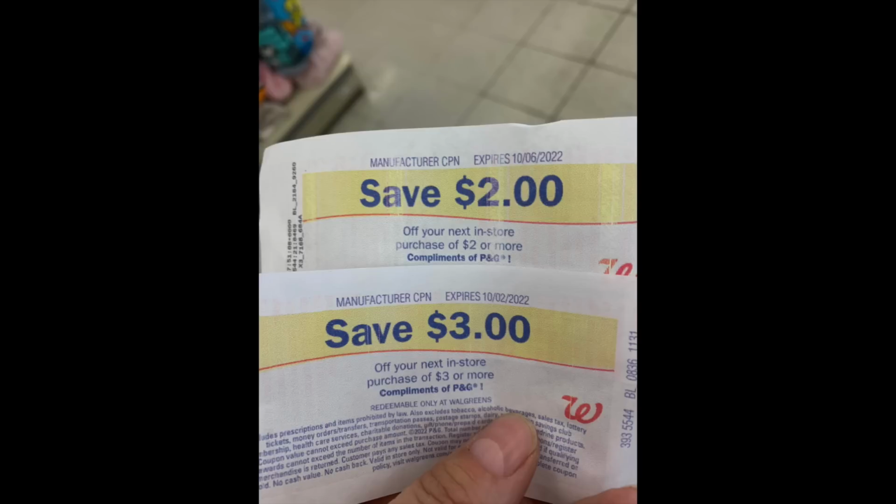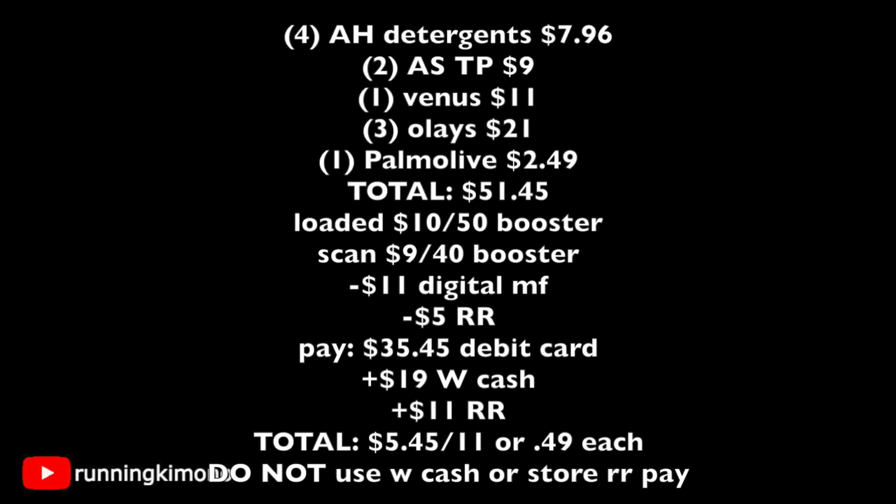Now, because this is a larger basket and I didn't want to pay so much out of pocket, I had 2 register rewards from last week. As the cashier scanned every single Arm & Hammer, these attached to the Arm & Hammer in the line limit. Looking at the math for this one, guys, 4 of the Arm & Hammers for $7.96, 2 of the Angel Soft toilet papers for $9, 1 Venus razor for $11, 3 Olays for $21, and then 1 Palmolive for $2.49. For a total of